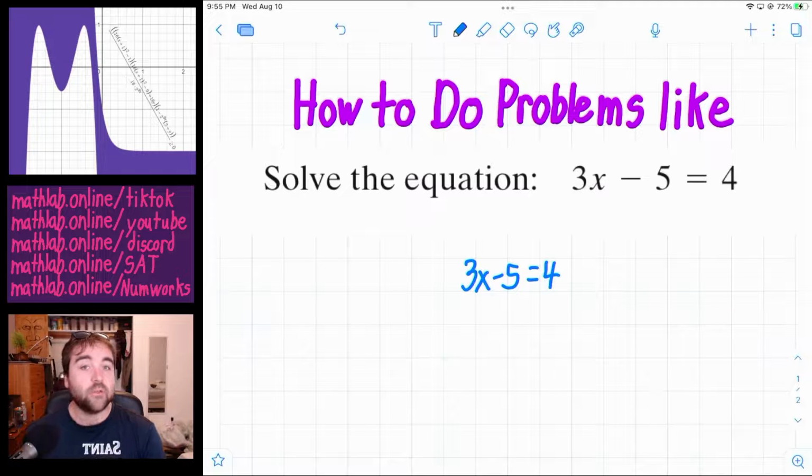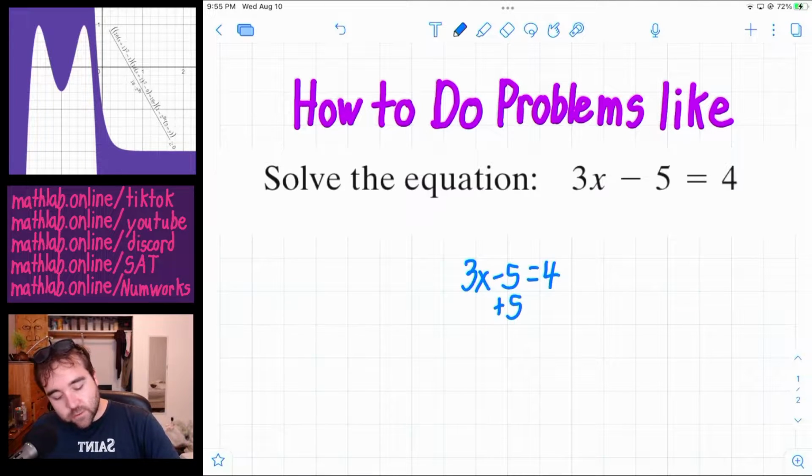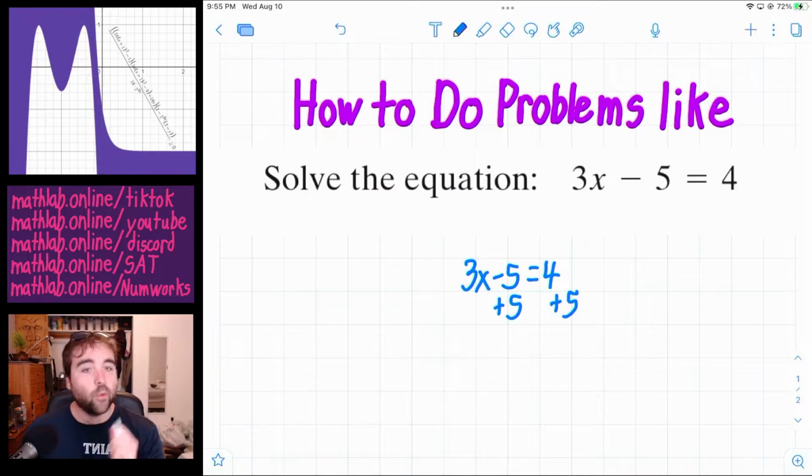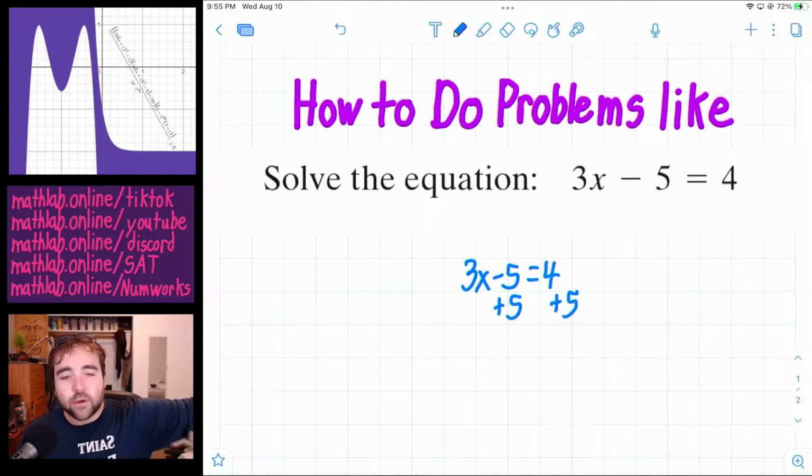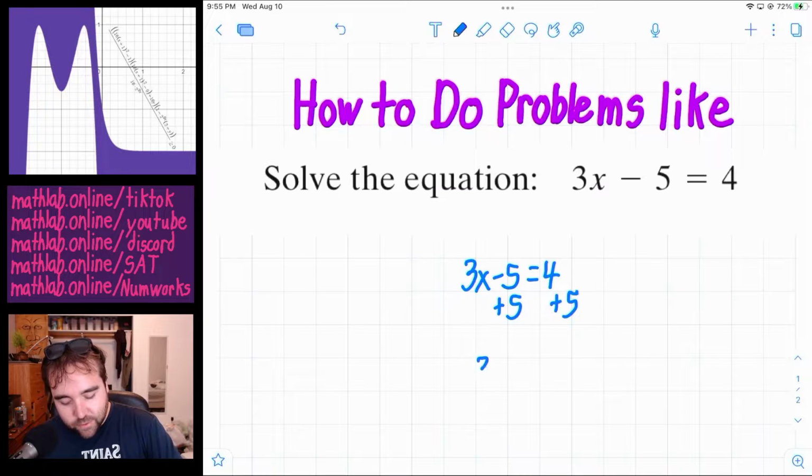And then to solve any equation, the key thing is you do the same thing to both sides of the equation. So here you see we have that -5. So we're going to add 5 to both sides. Because the whole point of that is we're getting rid of that -5 from what we're trying to solve for. We're trying to solve for that x. So this is going to get everything away from the x. That's our goal. This gets the -5 away from the x and moves it to the other side. So now we have just 3x, because the -5 canceled out,